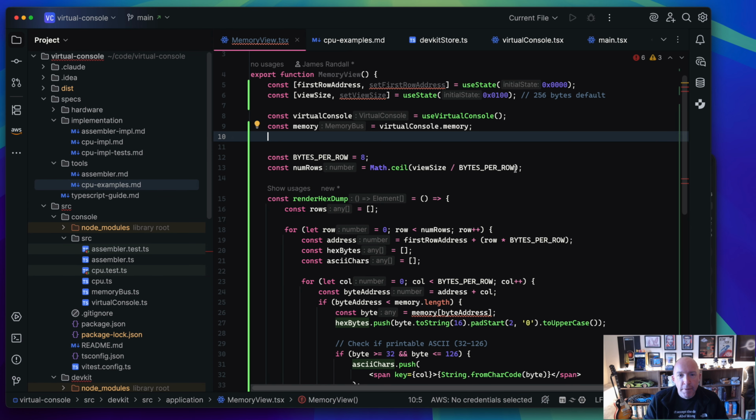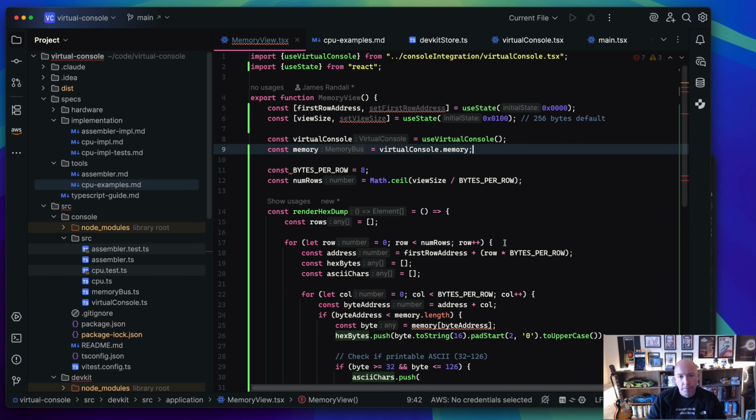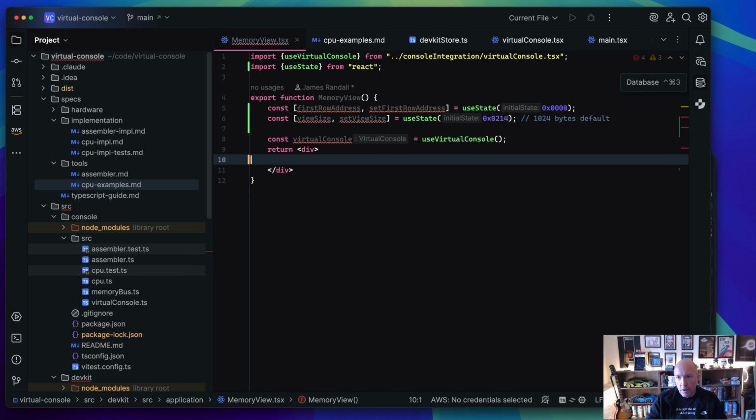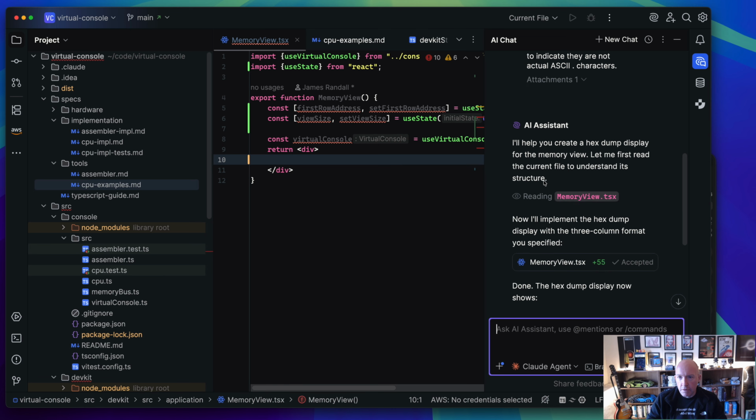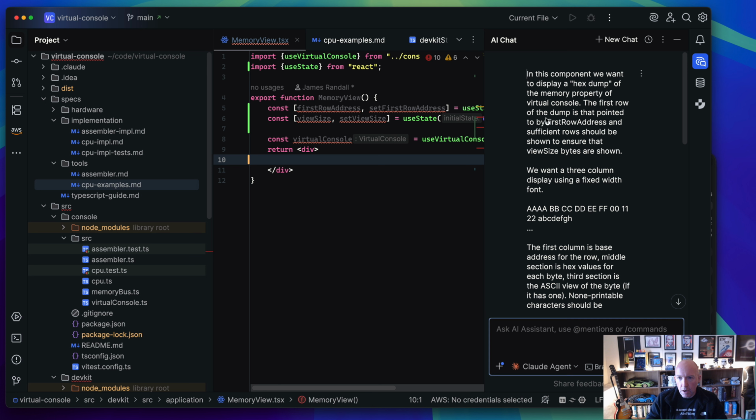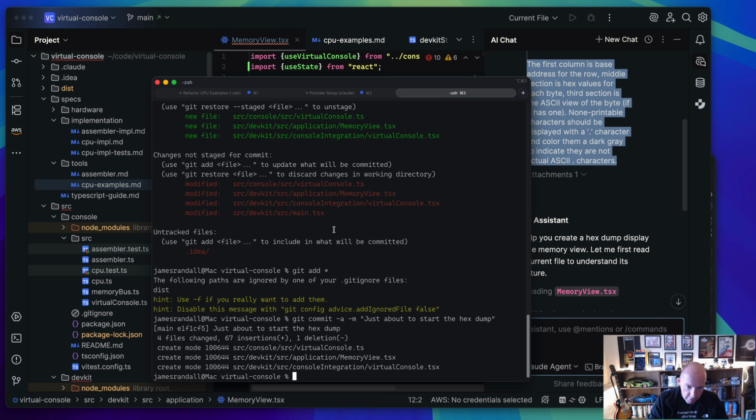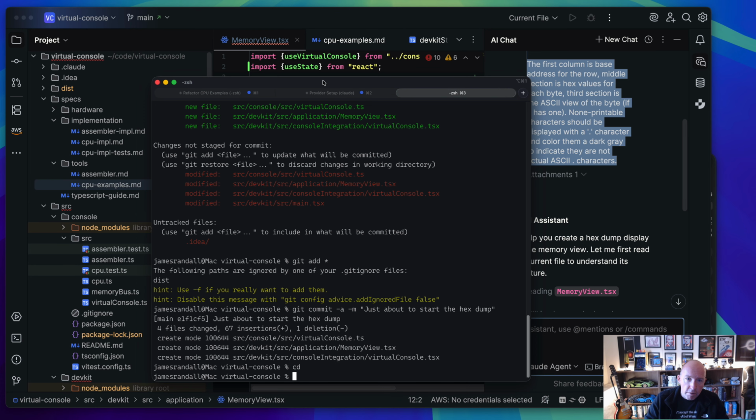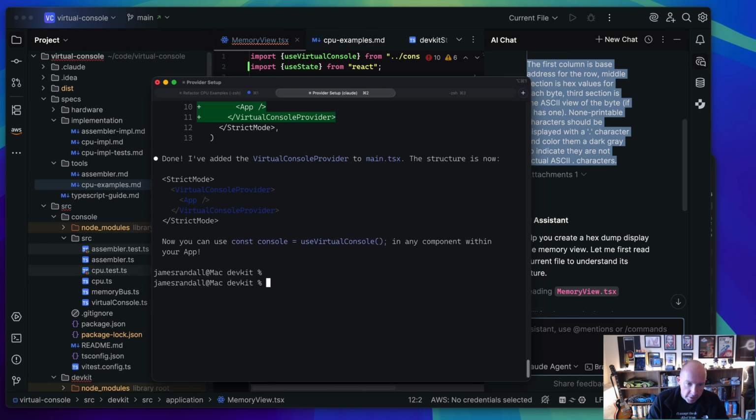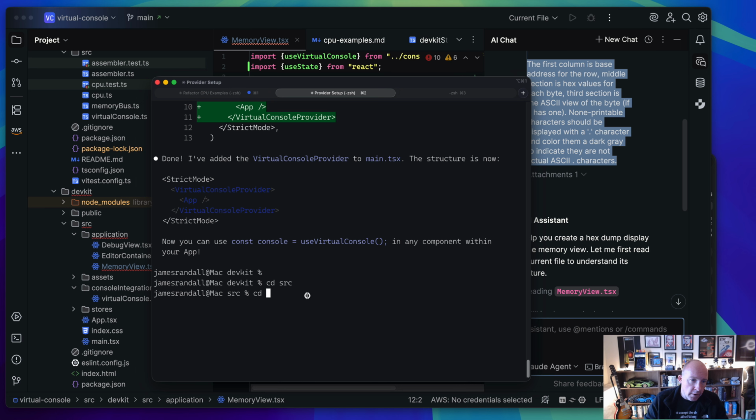Let's, again, just to compare and contrast, try this with Claude Code in the console. So I'm just going to copy this out. I was using Claude here, wasn't I? Yeah, I'm using it here. Okay, so let's go into source, let's go into application,